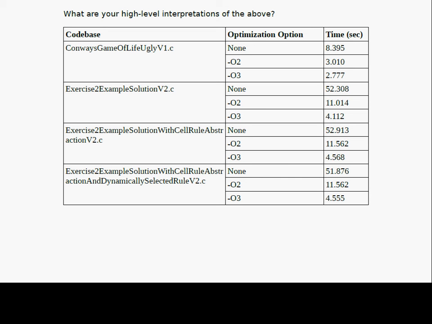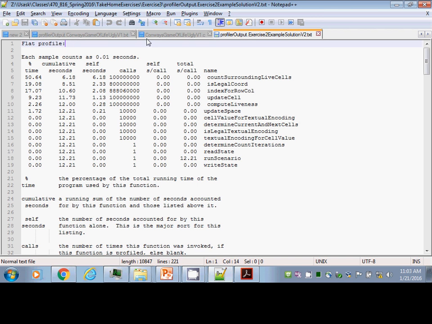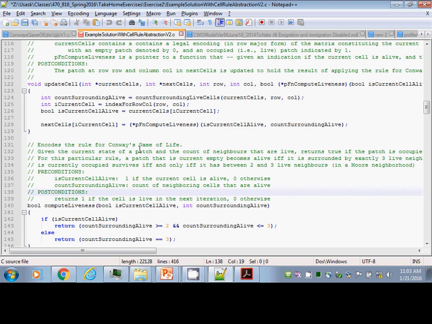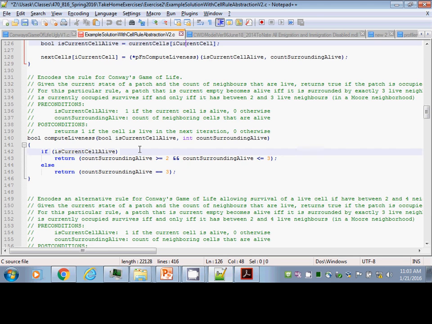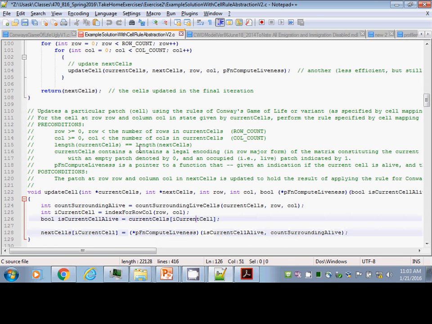What do I mean by inlining? Let's make that concrete. So here I have my code, and let's go check out this code for update cells. Here I call count surrounding live cells. I count index for row call, and I look up that information, and then I call this. So what is it going to do here